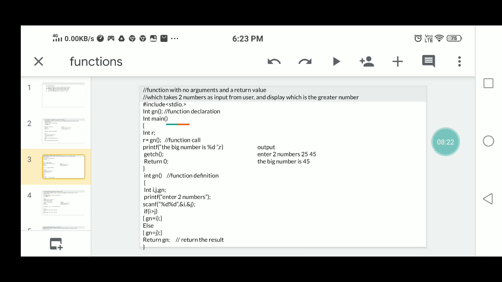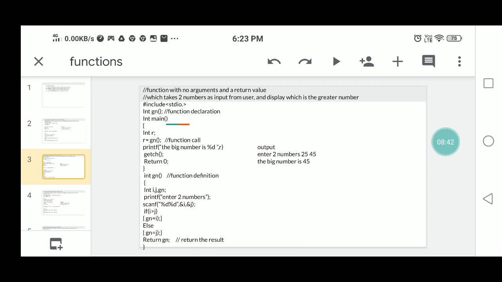In this task, after checking whether i is greater than j, if it is true, i will be included in gn, else the greatest value j will be included in gn.